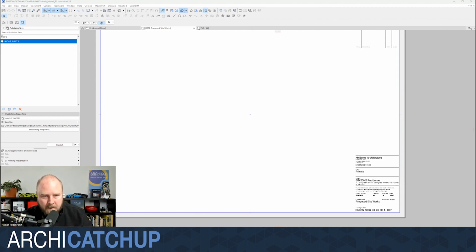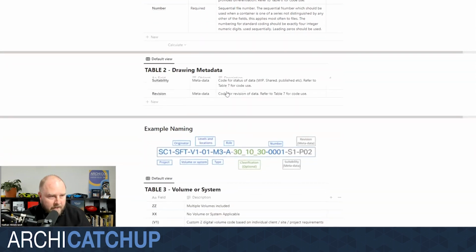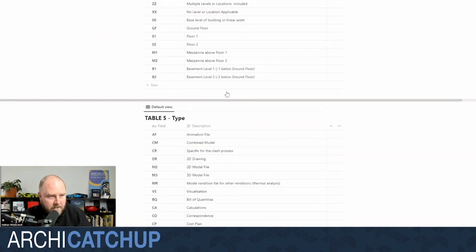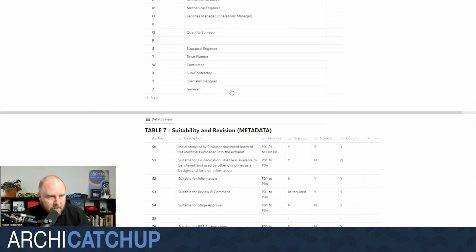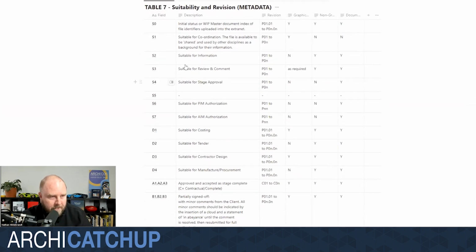Let's just share Notion with you. All right, hopefully everyone can see Notion up there now. And this is just me setting up my naming conventions. So if we go down to suitability and revision, the positive with ARCHICAD Revision Manager is that you can go through and change the revisioning naming to suit your workflows and processes. The problem that we have is that documents will go through different suitability